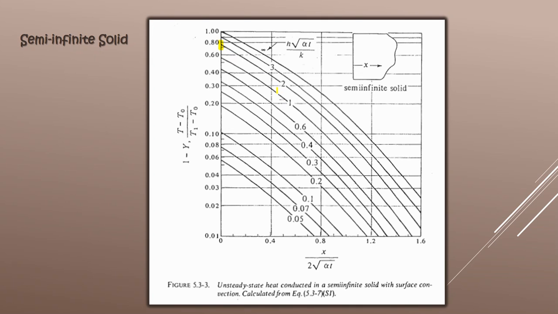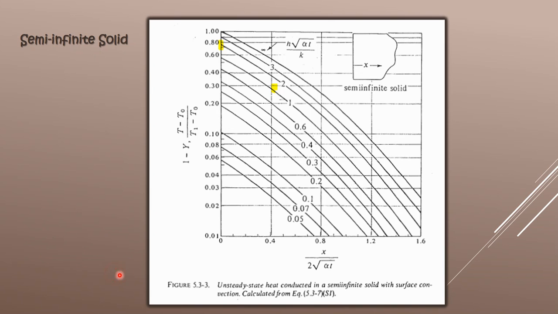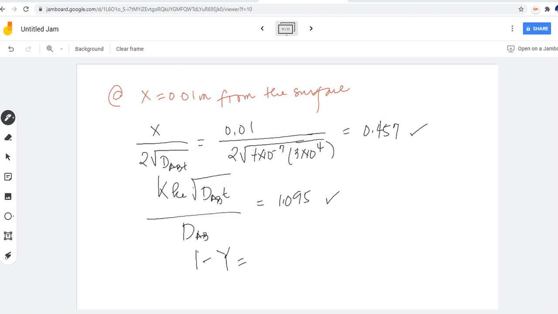0.4 here, 0.45. So it's 0.25 or 0.26. My 1 minus y is 0.26. At 0.45, I'll go up and then it's somewhere here. There. So 0.26. And now we'll go to our board and we'll have this one as